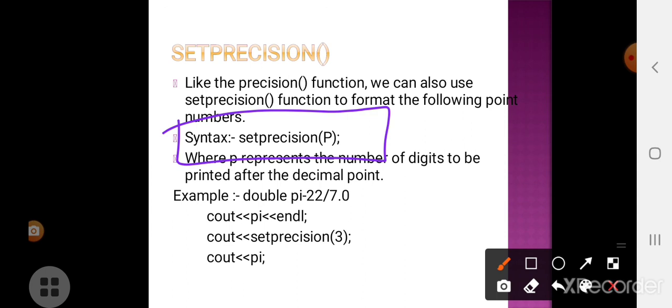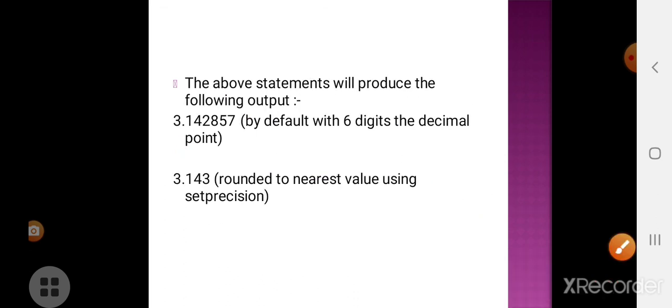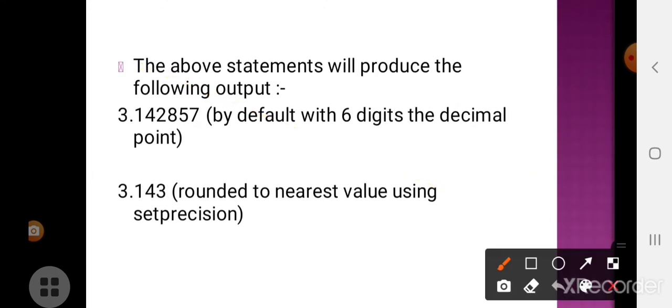So I am giving the pi value 22 by 7. For that there will be some value, 3.142 something we will get. So for that we have to specify the precision, setprecision of 3. The fraction we get after the division is 3.142857.